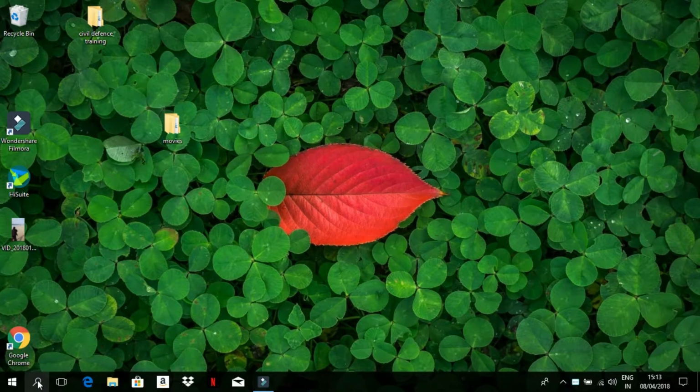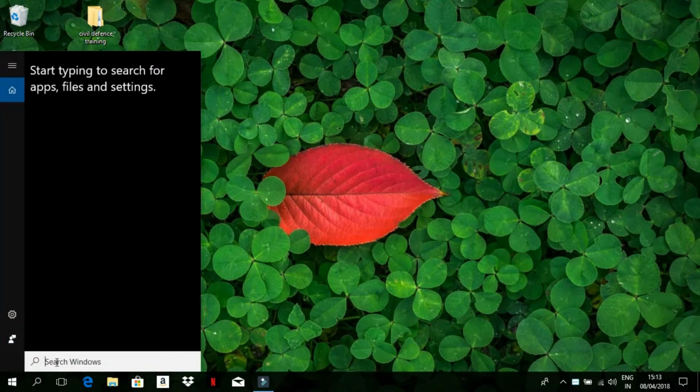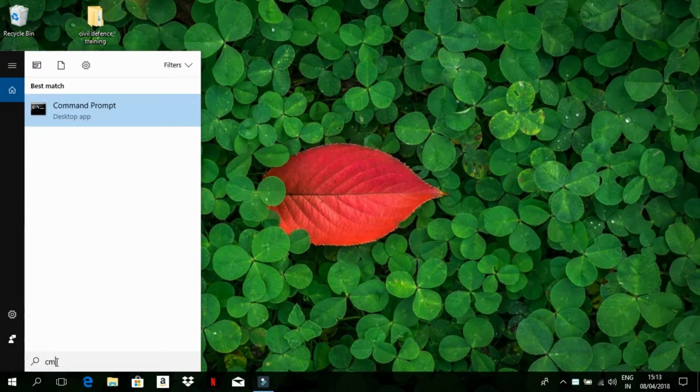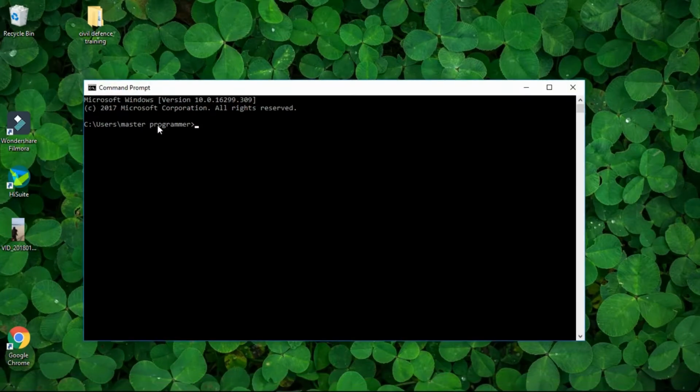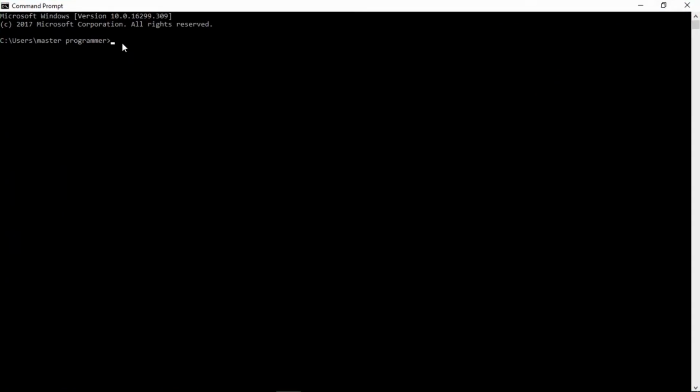So first you need to search here, then type CMD. You will get the command prompt. Just click here, then you will reach like this on screen. Okay, so you will reach like this on screen. So after that you need to type